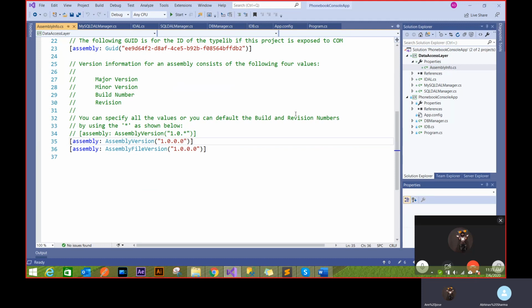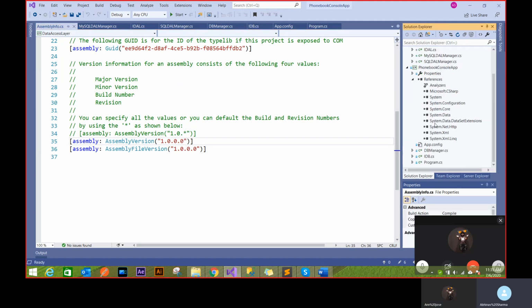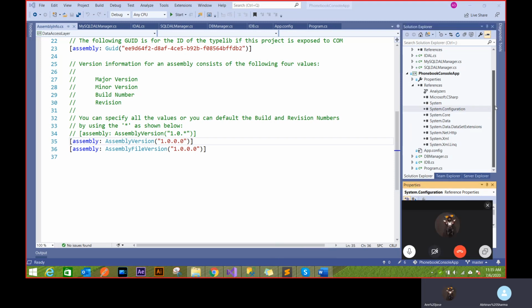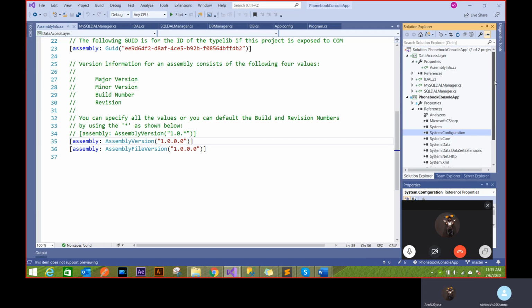Every time you update the code, as you see, every DLL has some kind of version. Like if you go to this reference, this system configuration will have a different version. Because that version helps you to understand that this is a new DLL or that's the old DLL. Otherwise, it will be difficult for you to layerize because the name will be the same. How will you know that DLL is new or old? So this versioning helps you in that direction.